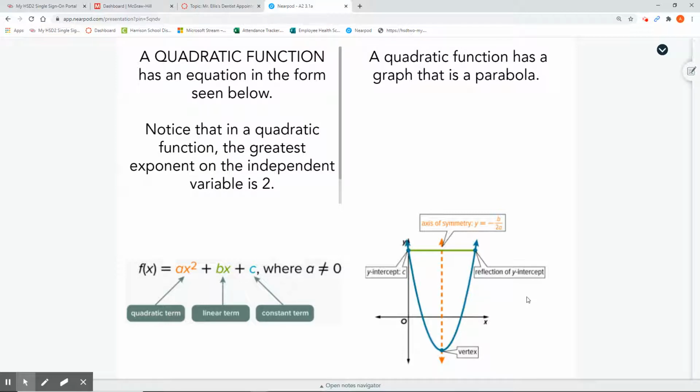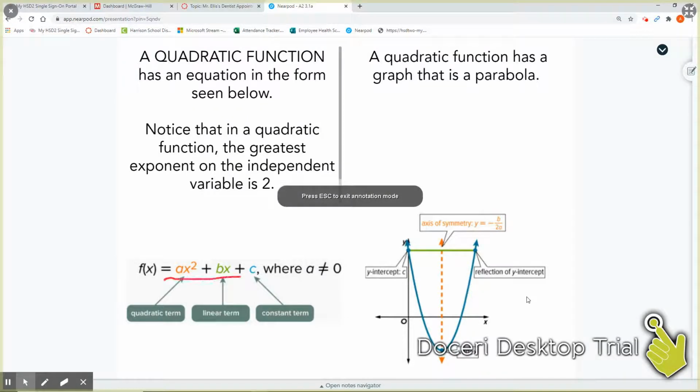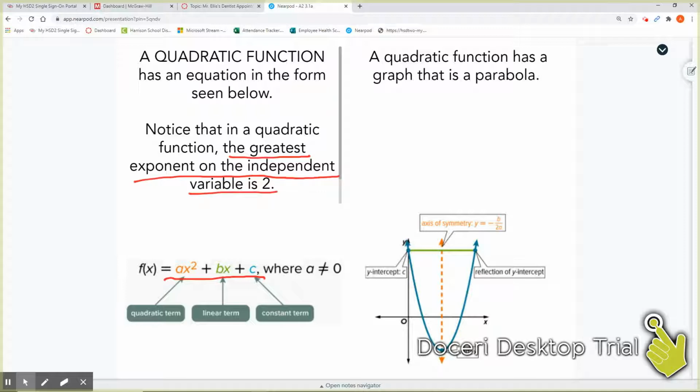But without further ado, the quadratic function has an equation in the form seen here, ax squared plus bx plus c. Now, what makes it a quadratic function is this squared right here. Its highest exponent is squared. So, note that in a quadratic function, the greatest exponent on the independent variable, aka x, is 2. So, anytime our highest exponent is 2, we know we've got a quadratic function,